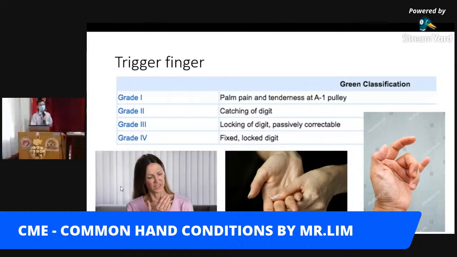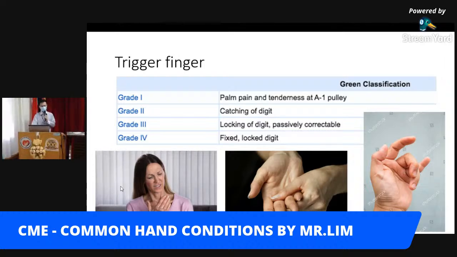Grade 3, the digit is locked already in flexion position. It cannot extend anymore. But then, if the patient will tell you, he will show it to you very nicely. Grade 3, passively correctable, can correct himself. In the most severe case, and we rarely see it in the Malaysian population,